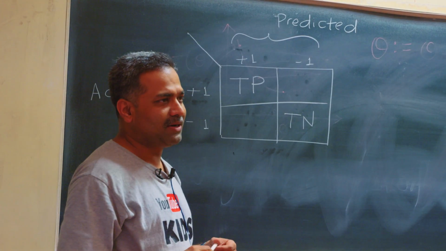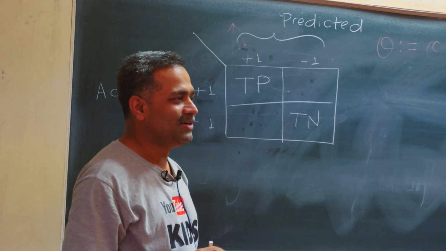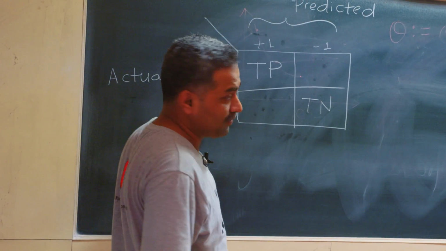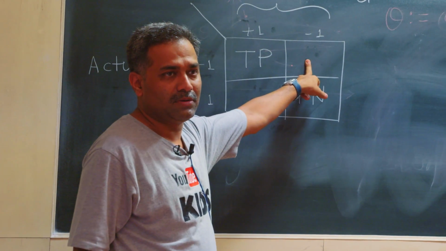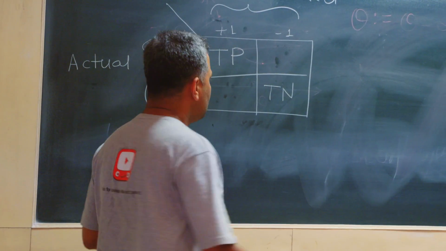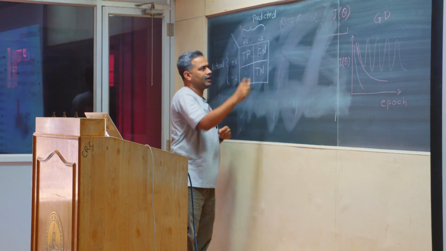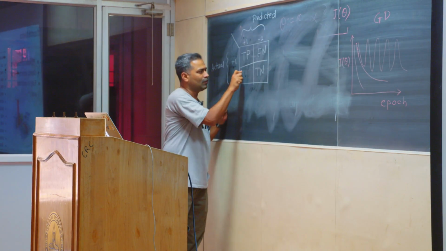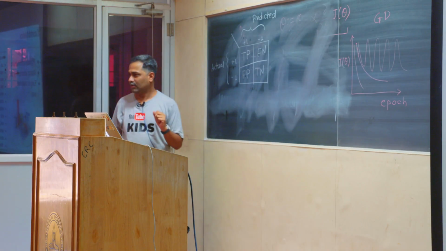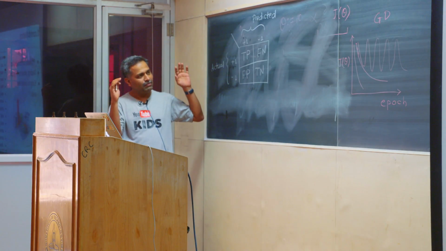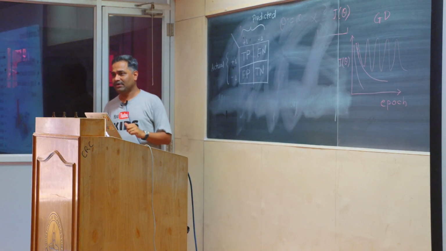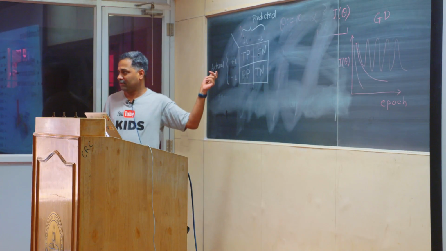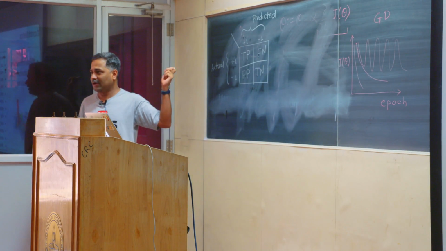Right? So you should only have entries for true positives and true negatives. Right? But life is hardly ideal. Right? So we also have some issues. So now the actual is +1 and predicted is -1. So this is a false negative. Actual is -1, predicted is +1. This is called false positive. Correct? So this is the most important matrix that we get after we apply our model on the test data.